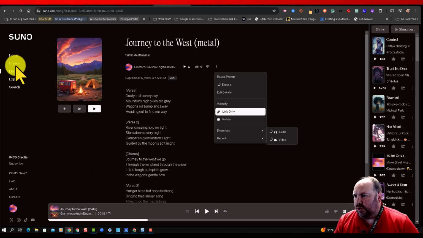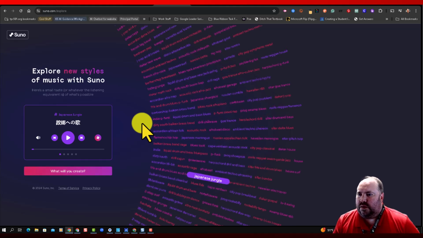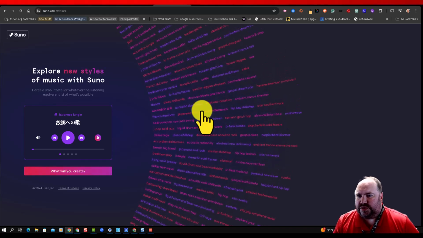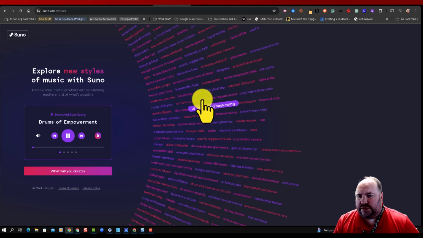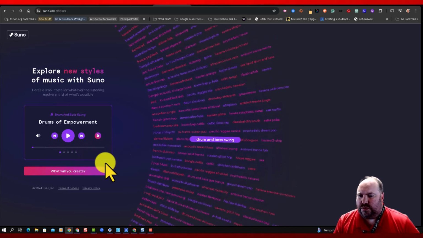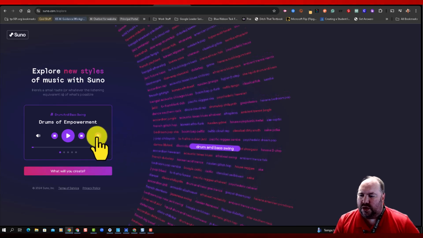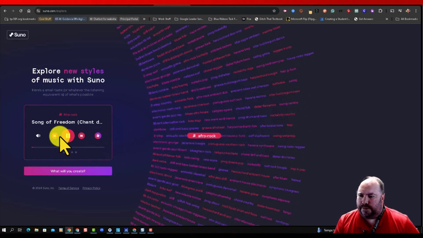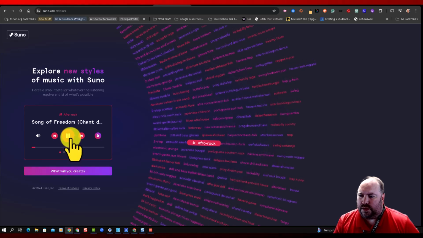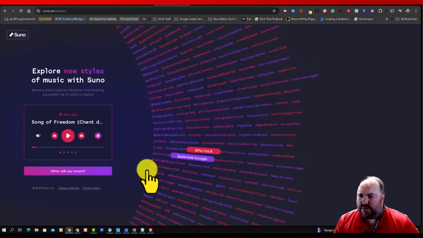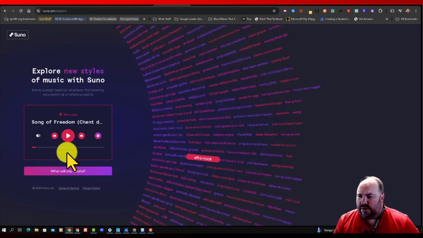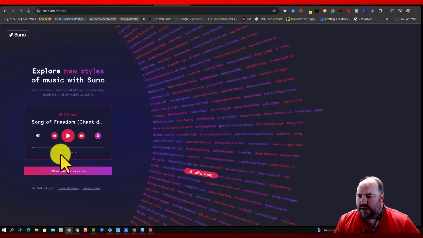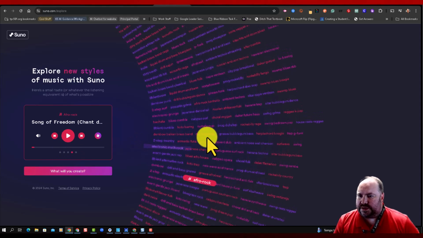The rest of the features in Suno is the Explore button. The Explore page is a page that has all of these different types of music, and what you can do is you can click on it and you'll be able to hear a sample of what that sounds like. Also, you can click on the little button that looks like a die here, and it will just take you to a random music style. And then also there are 5 examples at the bottom, and that's what those dots here are. So if you find something that you like